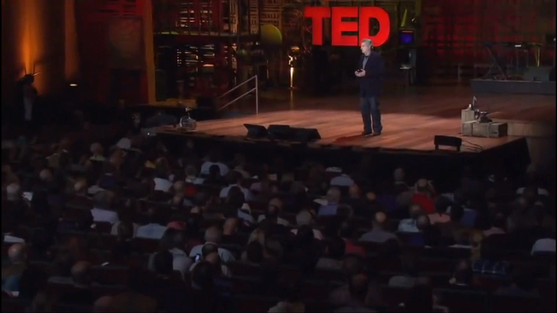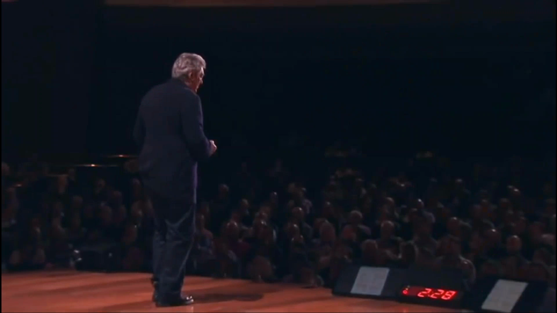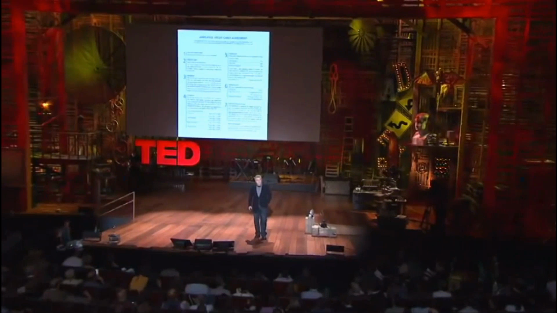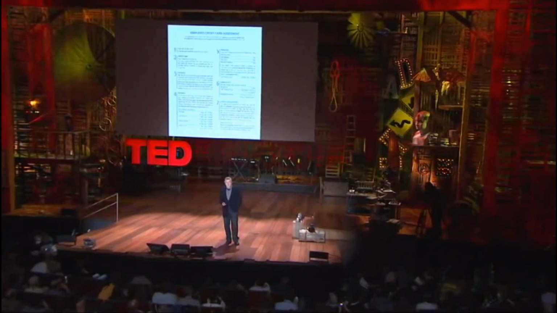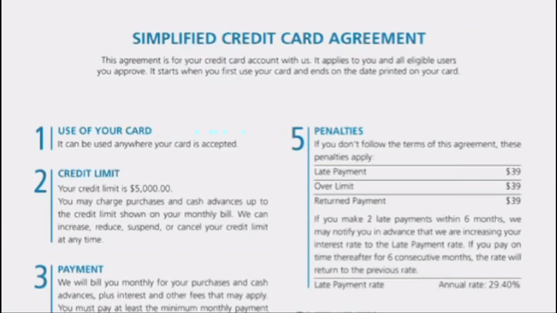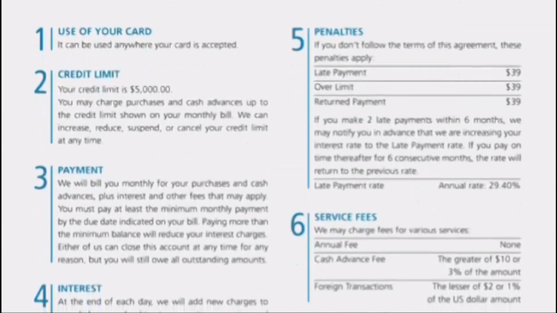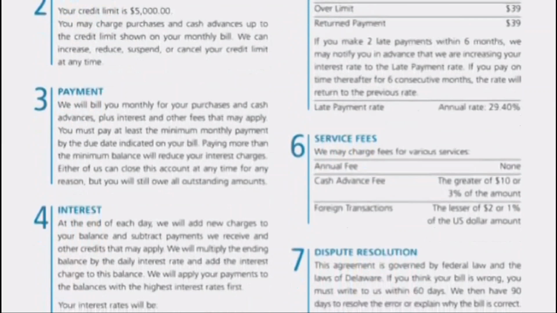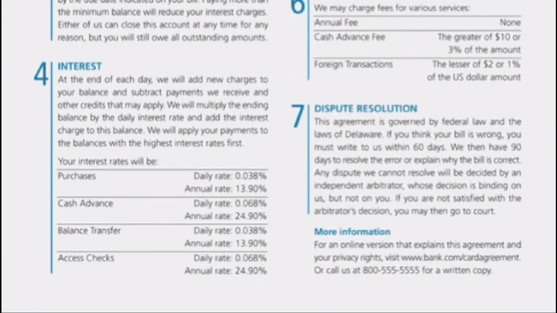My focus is understanding you people and how you interact with the government to get your benefits, how you interact with corporations, decide who you're going to do business with, and how you view brands. So very quickly, when President Obama said, I don't see why we can't have a one-page, plain English consumer credit agreement, I locked myself in a room, figured out the content, organized the document, and wrote it in plain English. I've had this checked by the 2 top consumer credit lawyers in the country. This is a real thing.